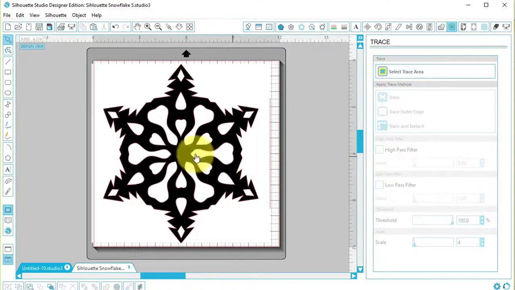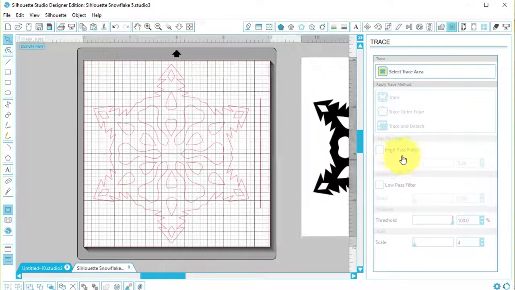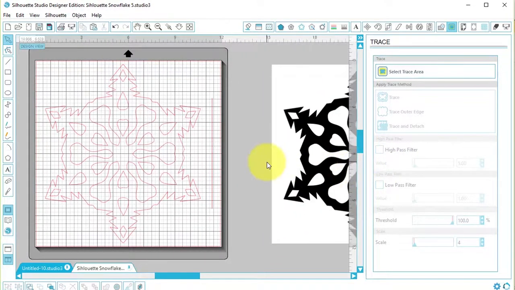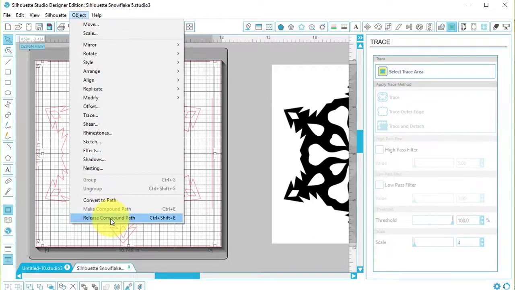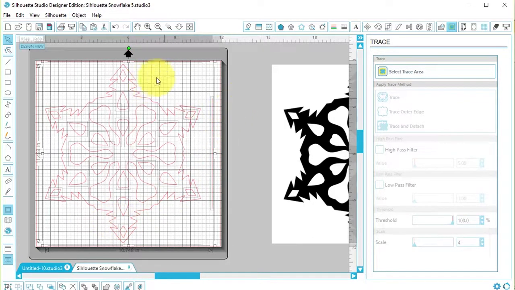So once I have done that, I can move my image out of the way. Now I can see that it pulled in this extra edge there. So to get rid of that, I'm going to do an Object, Release Compound Path, and that's going to create different sets for each of the pieces. So I should be able to select that line and just use the Delete key on my keyboard. Now I can go ahead and select everything again,